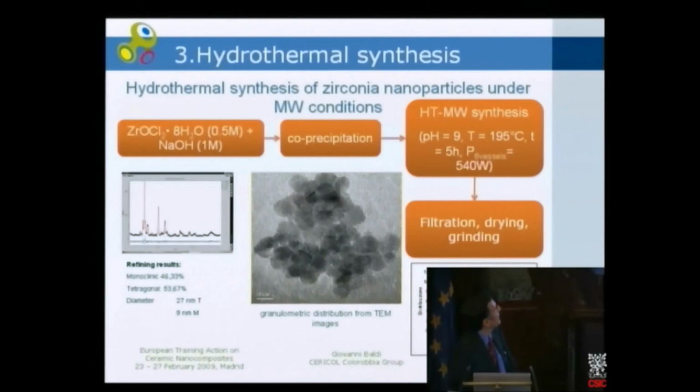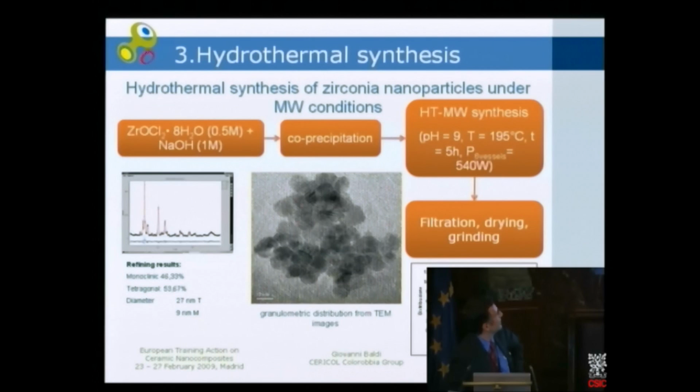Then we have a first stage in which we have a coprecipitation of the zirconia hydroxide, and then we perform a hydrothermal microwave assisted stage at pH 9, temperature 195 degrees, time 5 hours, and power for 6 vessels